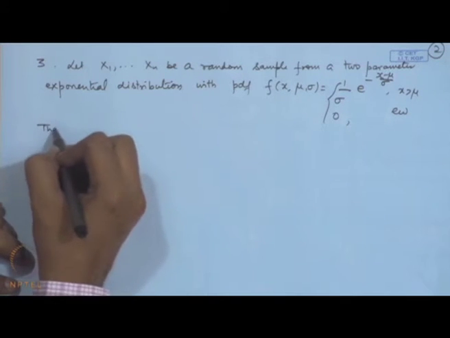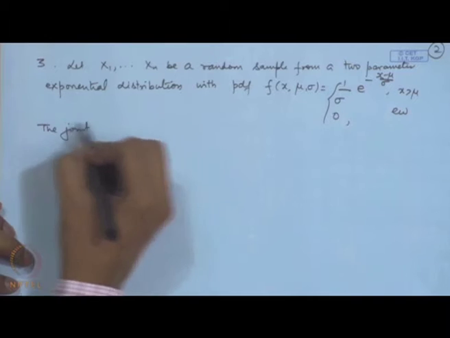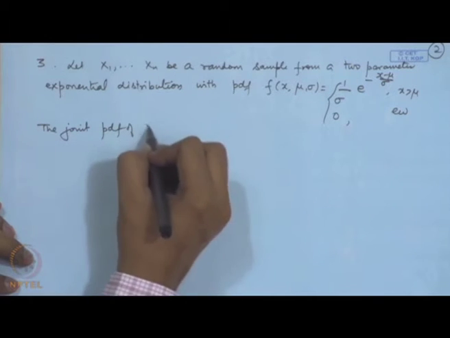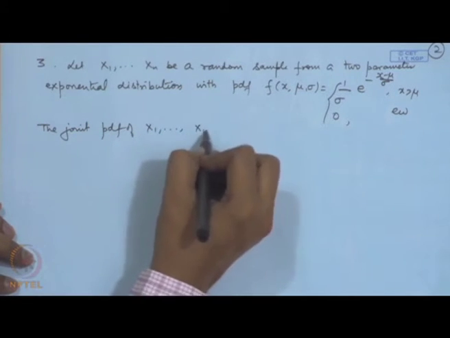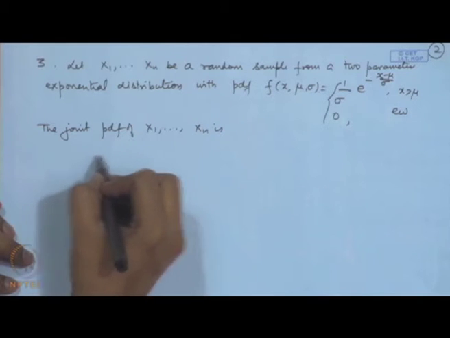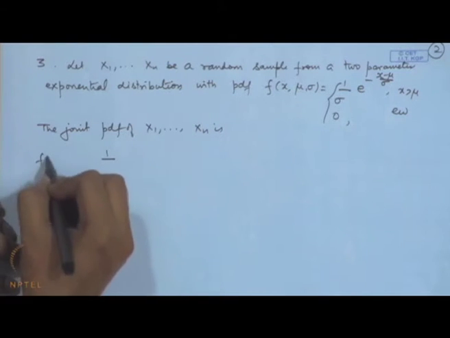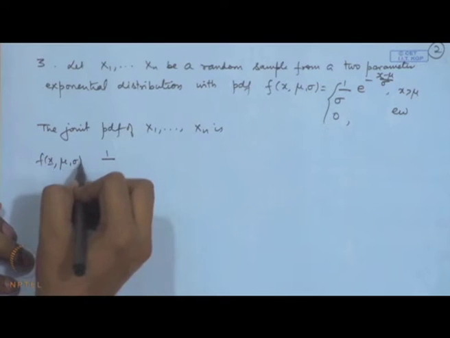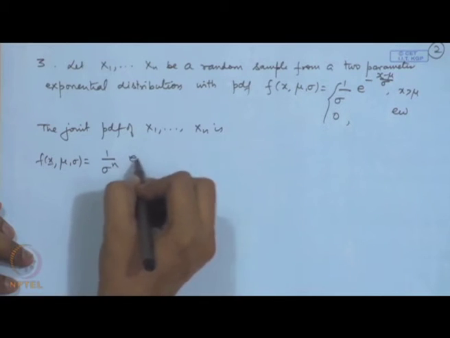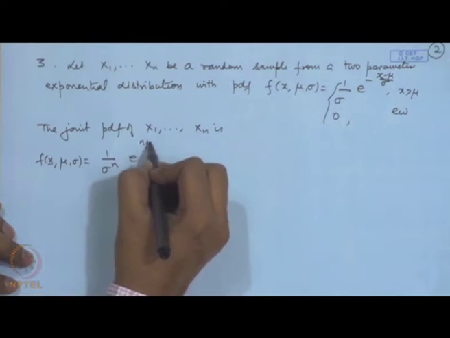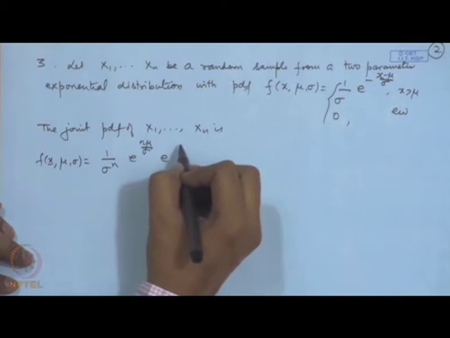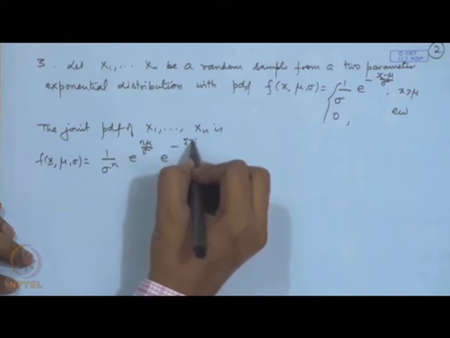So, once again the joint probability density function of x 1, x 2, x n is now 1 by sigma to the power n e to the power n mu by sigma e to the power minus sigma x i by sigma,